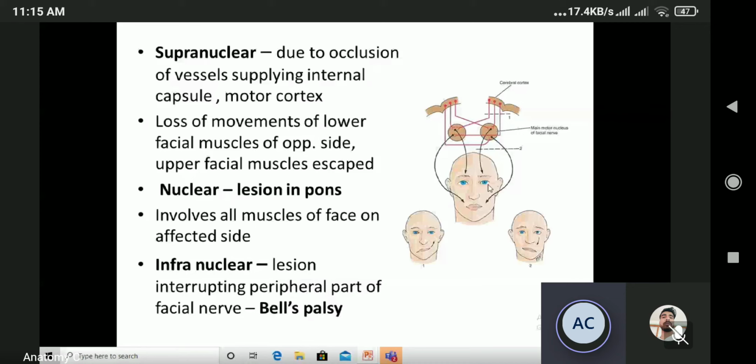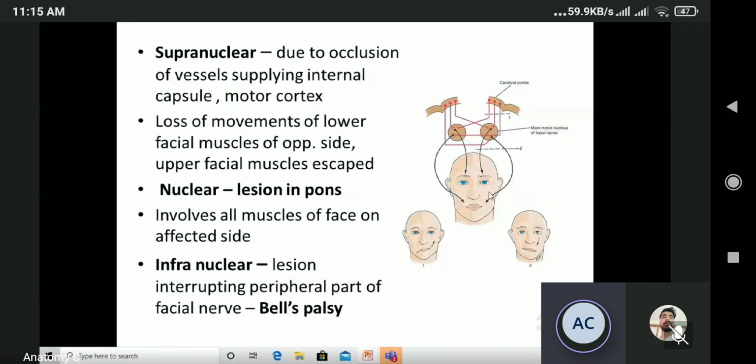Now, whenever there is a nuclear lesion, that is a lesion in the pons. Okay, so a nuclear lesion is a lesion in the pons. So whenever there is a nuclear lesion, it involves all the muscles of the face on the affected side, on the side of the lesion. So there will be paralysis of the facial muscles on the affected side, upper as well